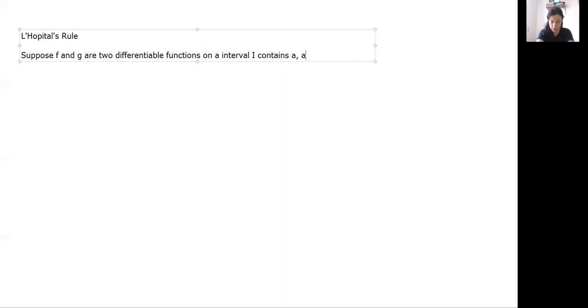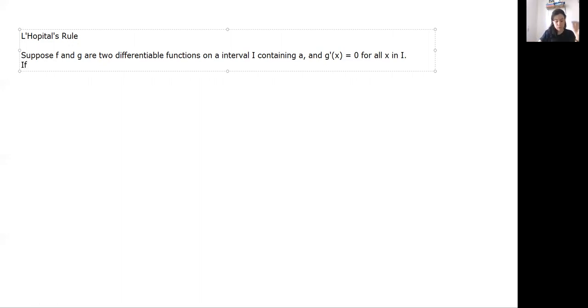We also are going to assume that the derivative of the function g of x is going to be different than 0. So I'm going to write equal, but I'm going to cross it later with my pencil, so just write different over there. Different than 0 for all values of x in the interval I. Okay, so suppose that f and g are two differentiable functions on a given interval I containing A. And g prime of x is different than 0 for all x in that interval I. Then,